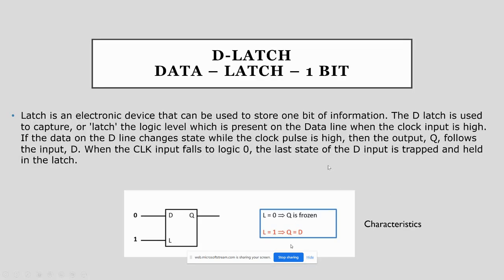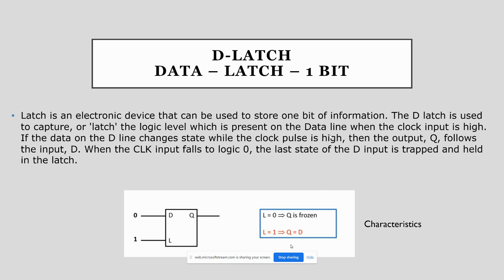Hi everyone, this tutorial is about the D latch, and then the next tutorial will be a continuation on the latch enable. Now a D latch is an electronic device that can be used to store one bit of information. The D latch is used to capture or latch the logical level present on the data line when the clock input is 1. If the data on the data line changes state while the clock pulse is 1 or